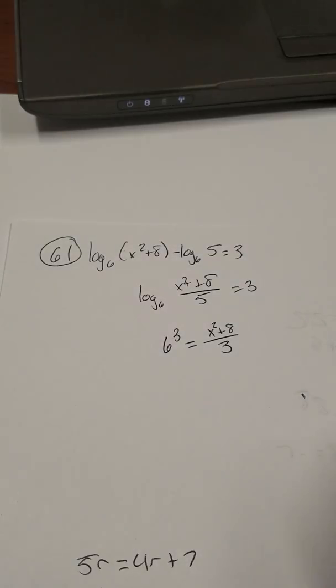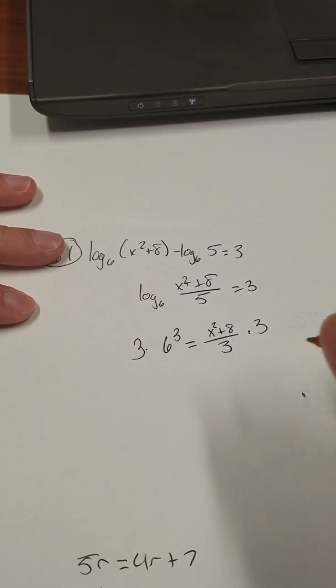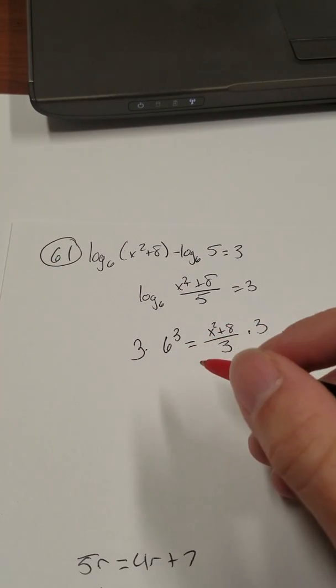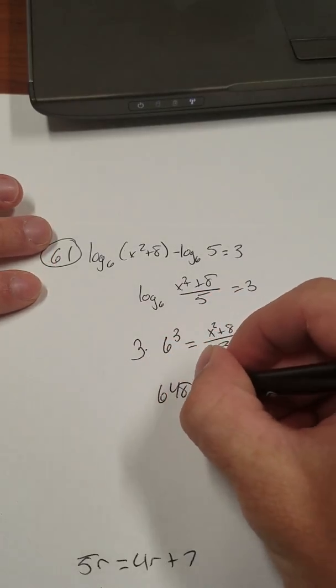Again, simple rule of solving fractions. Multiply by what's on bottom. Multiply both sides by 5. 6 to the third is 216. 216 times 5, 1080 equals